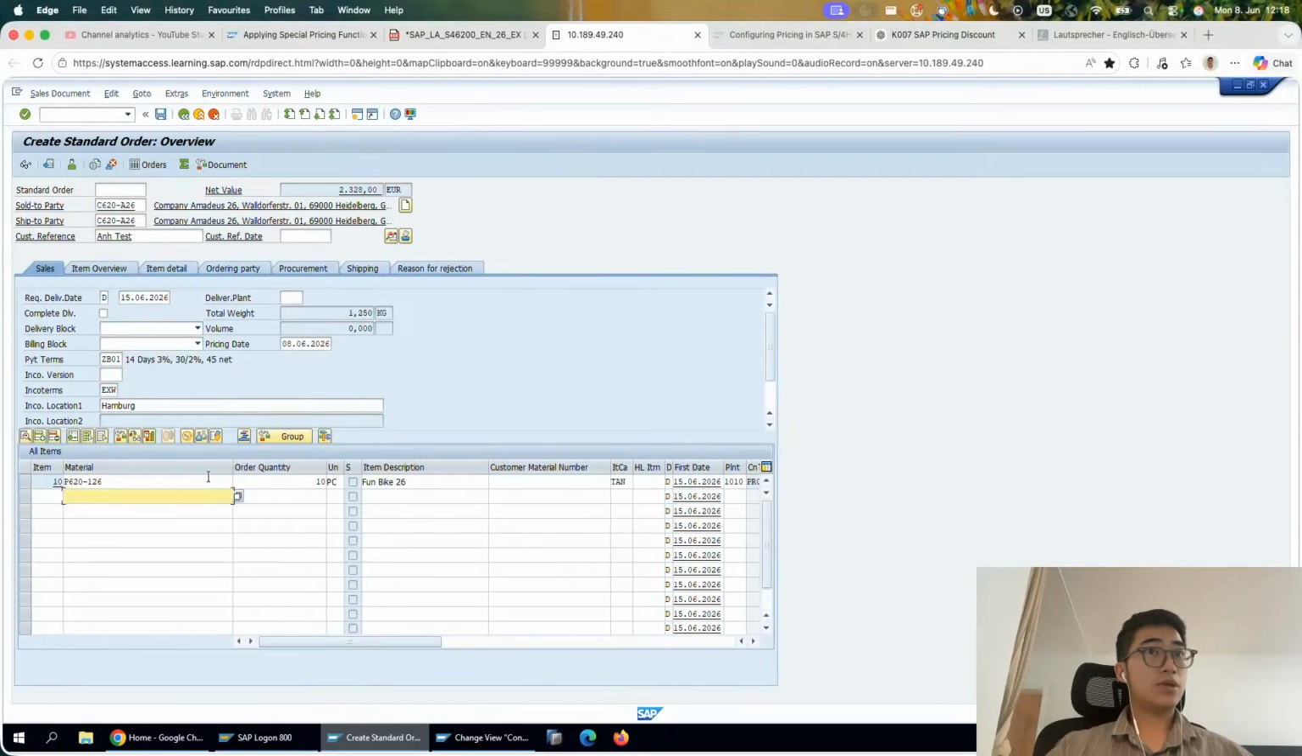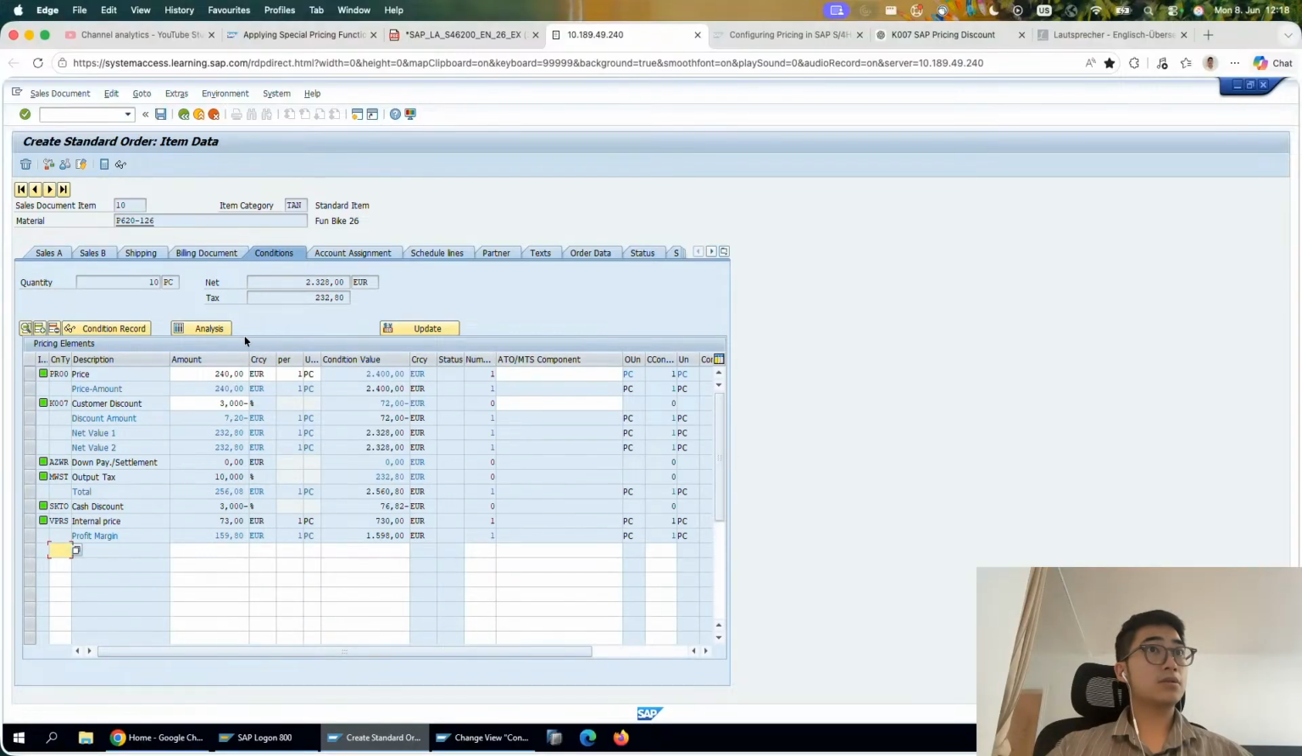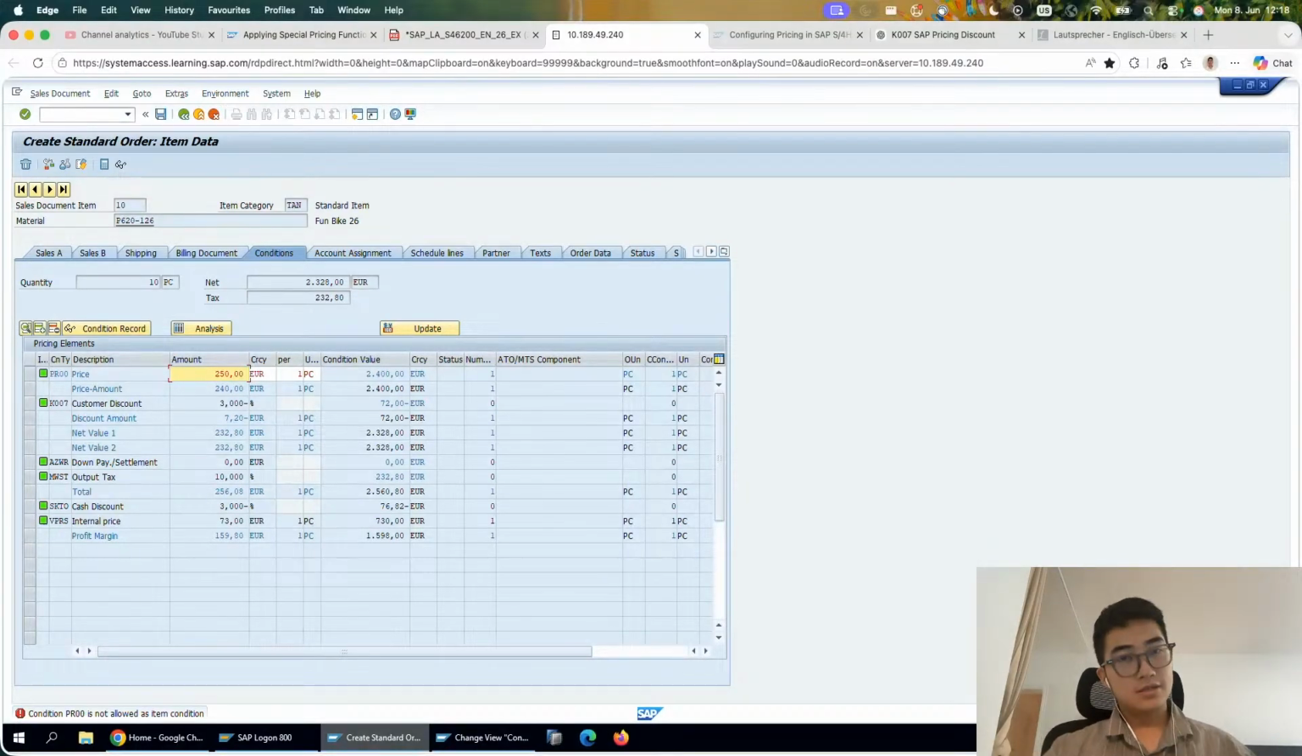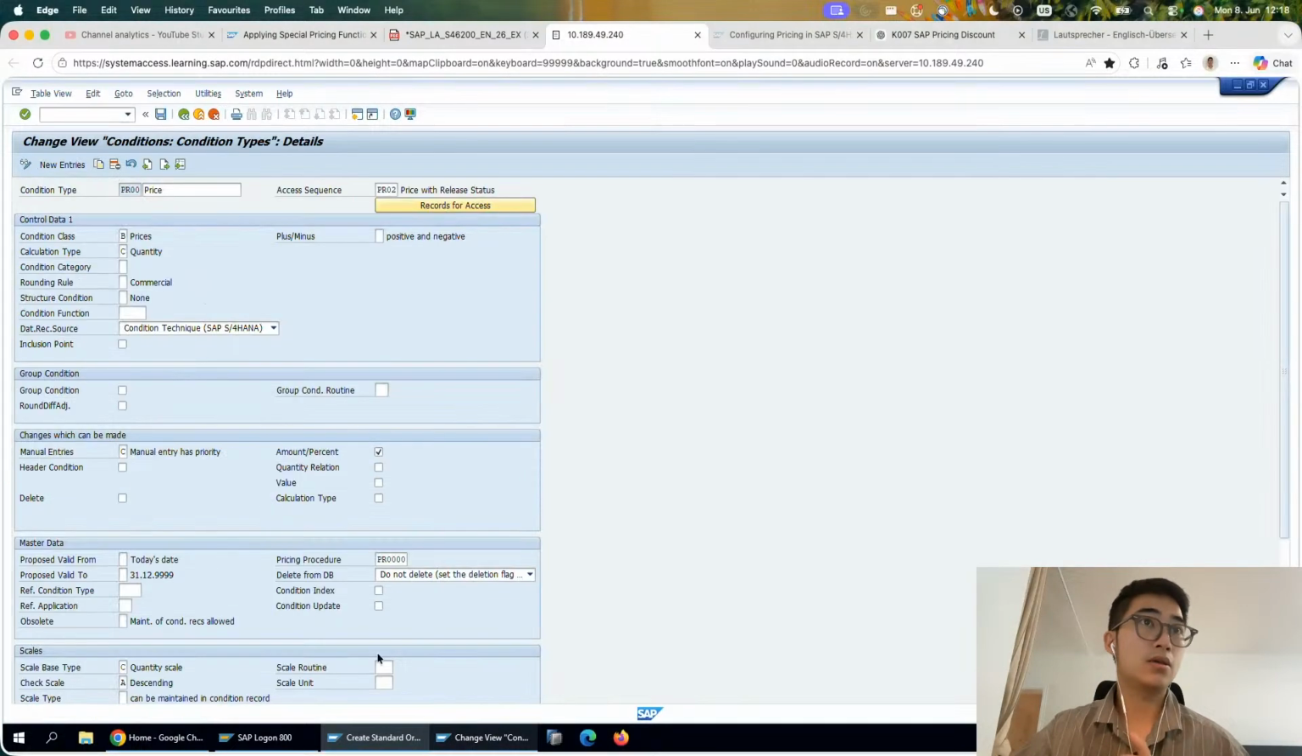Ten pieces, and we go inside conditions. Okay, so I can still edit the amount here. We do have some discrepancies in how this configuration will affect the pricing procedure, the pricing logic. If in the back end we allow the manual entries and it says priority, we can still somehow edit the price manually